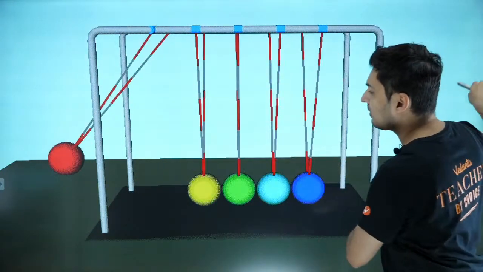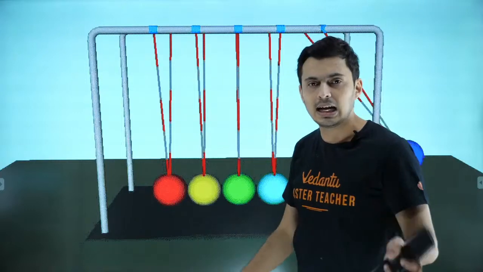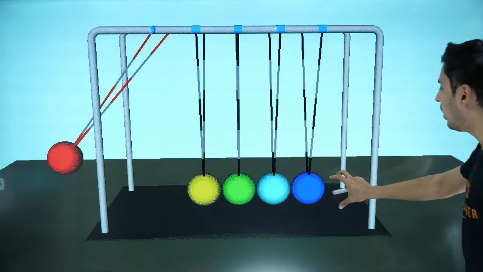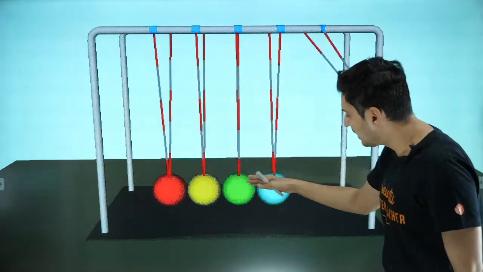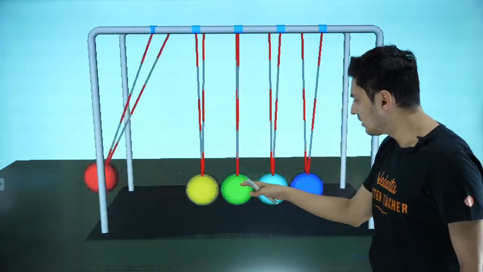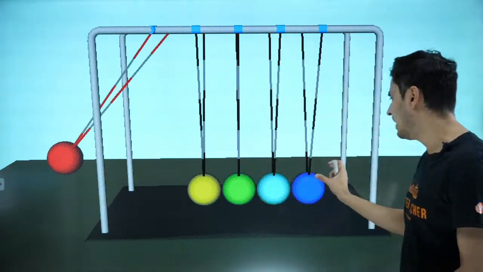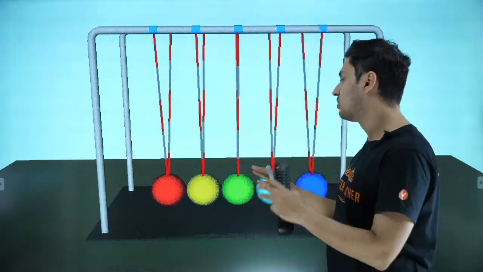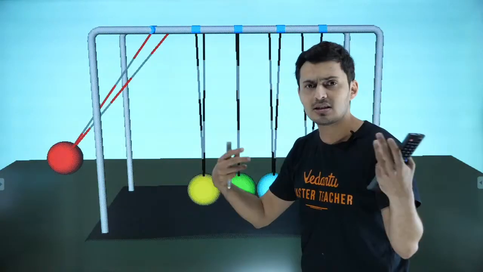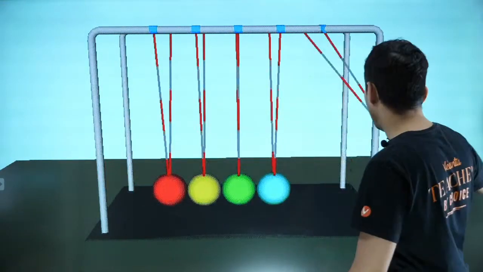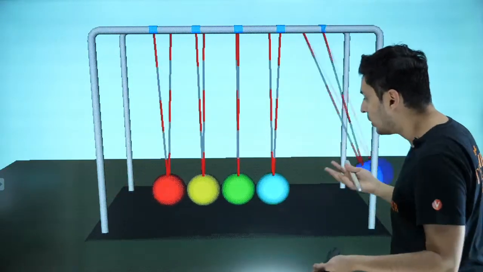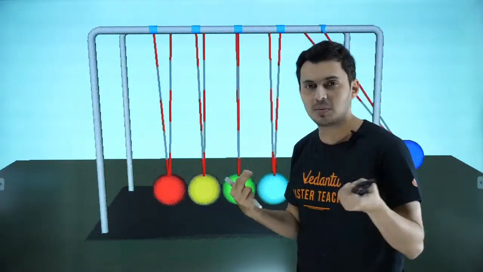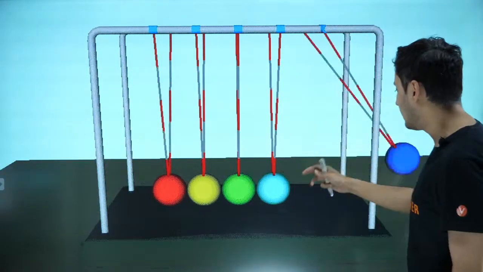Now, this process would have continued if it was ideal, but in reality, if you drop the red ball from this height, the dark blue ball won't go up to the same height, because some amount of energy remains over here and some gets lost. In ideal situations, if there was no loss, no heat loss, light, etc., then the height from here and here would be the same. But all the collisions around us involve some kind of energy losses like deformation, sound, heat, light, etc. That's why it won't go up to the same height.